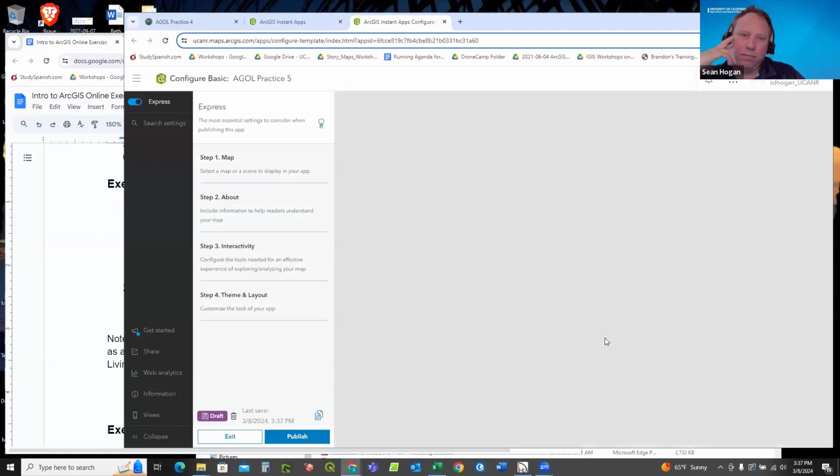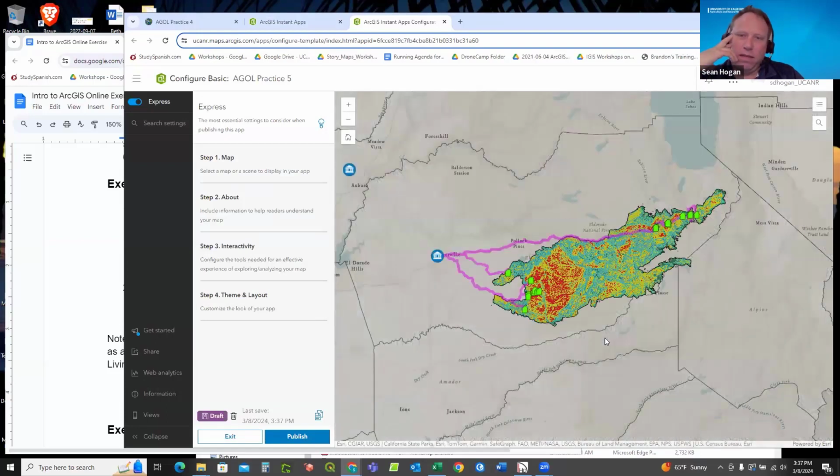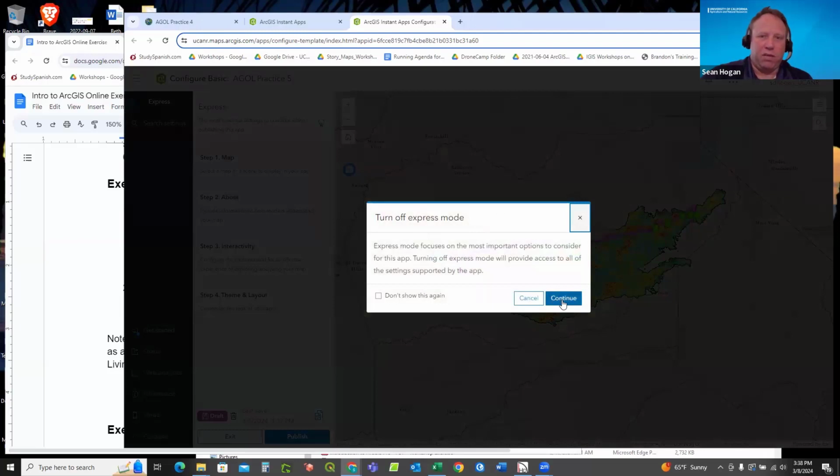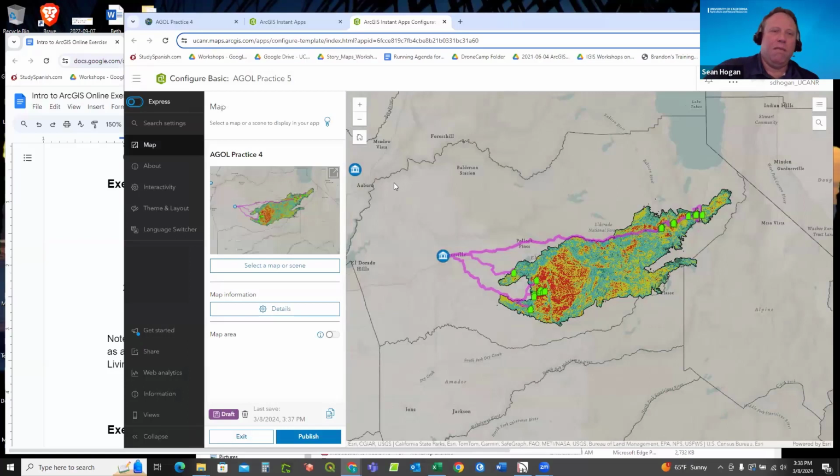Good. It'll take a second for it to come in. Not very good. So now there's some options here. Across the top, Express is the option that's set by default. I don't like Express, honestly, at all. I always turn that off. I just don't like it. There's not enough reason to have it because without it, it's just as easy. The difference is that you just go down the